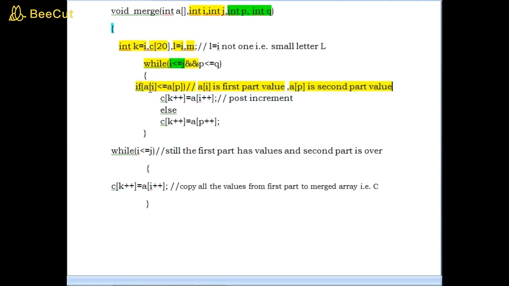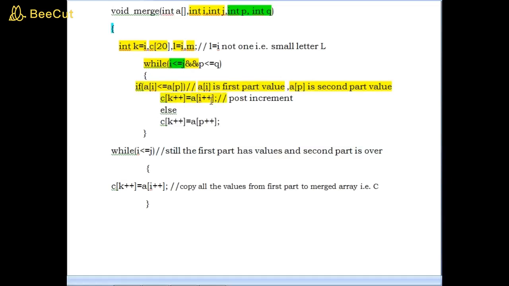If this condition is true, a of i is less than or equal to a of p, it means the first part value is smaller than the second part value. So we have to copy a of i, the first part value, into c of k, the merged array. After the copying operation, i is incremented by 1 and k is incremented by 1.